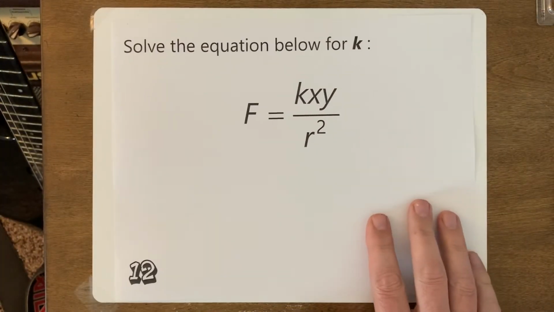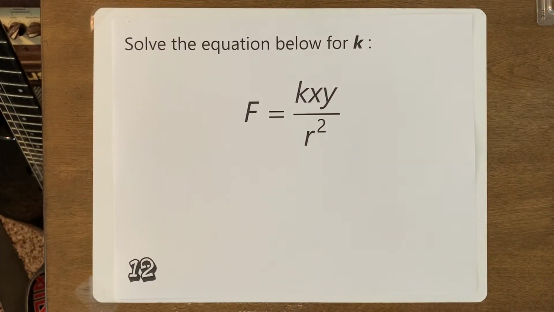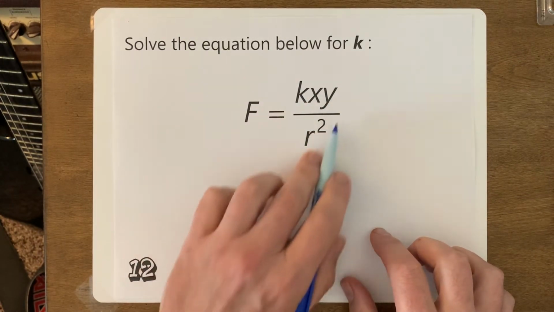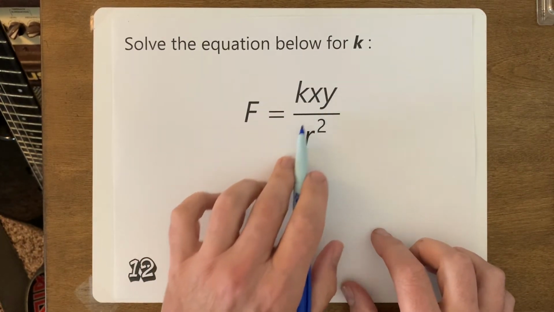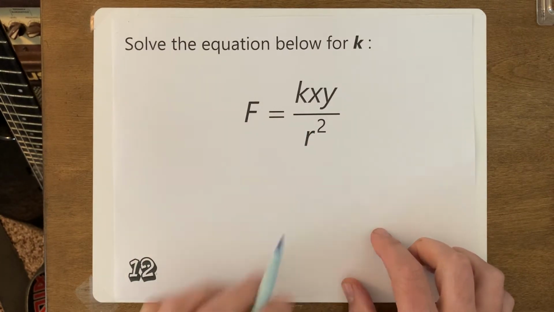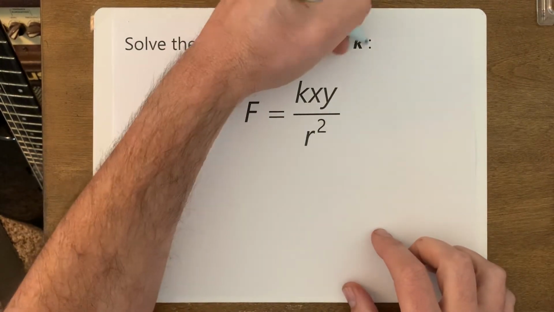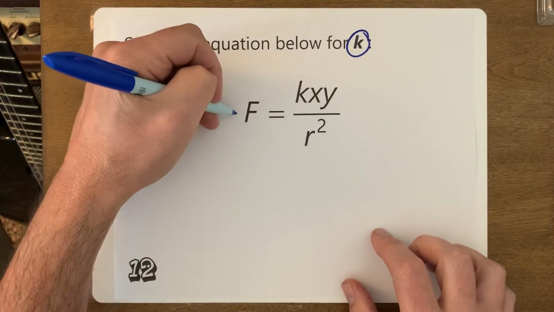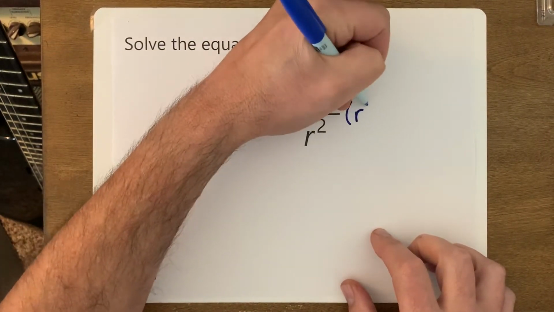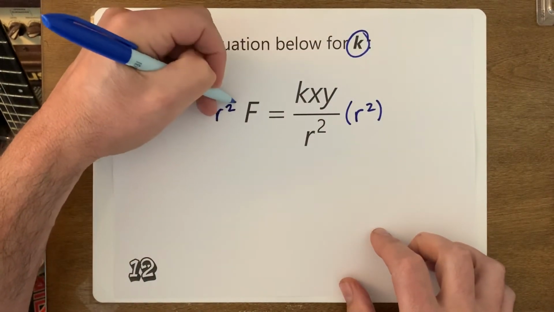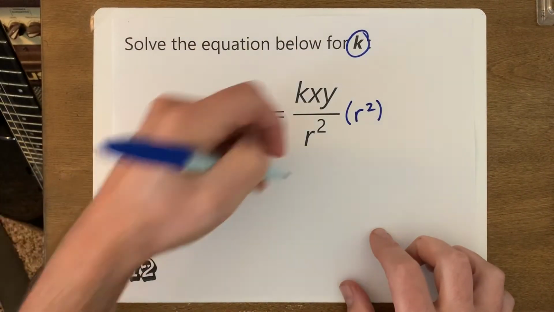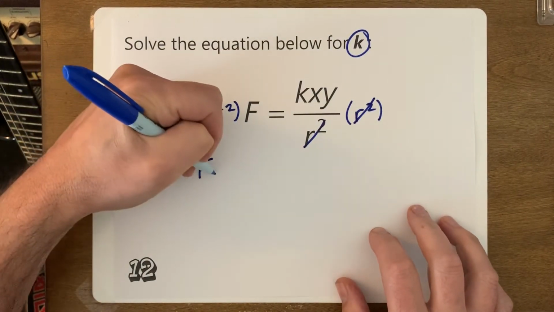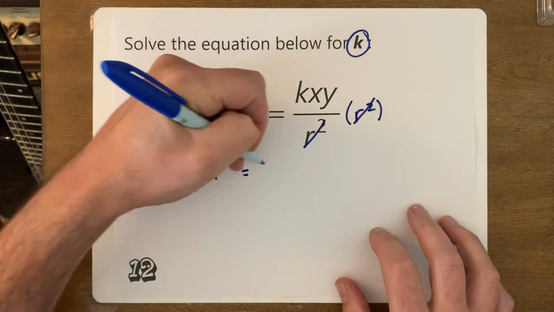Okay, so here we have another physics formula. And this time we want to solve for k sitting right there. And we got all this stuff, and we either have multiplication or division going on. I'm going to deal with this r squared first, so I'm going to get k by itself. I'm going to take the r squared and put it over here by multiplying both sides by r squared, just like that. So these guys are going to cancel out, and I'm going to get f r squared equals k